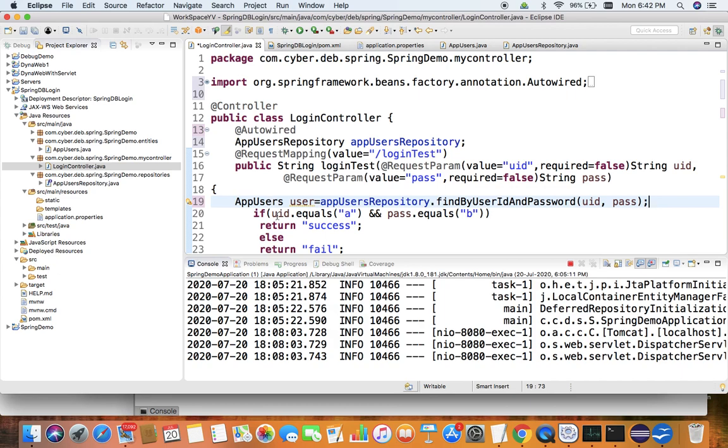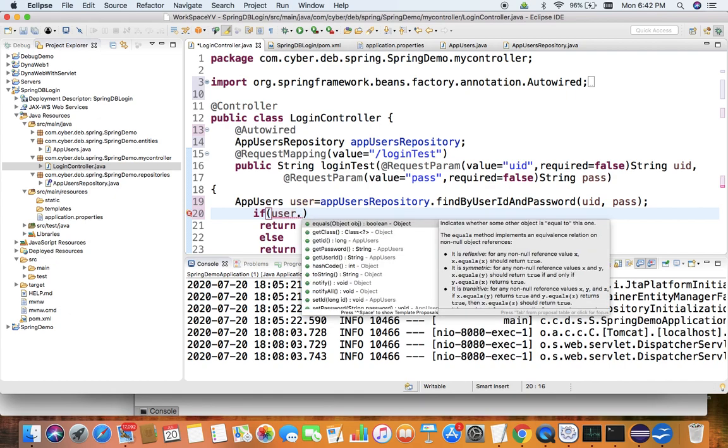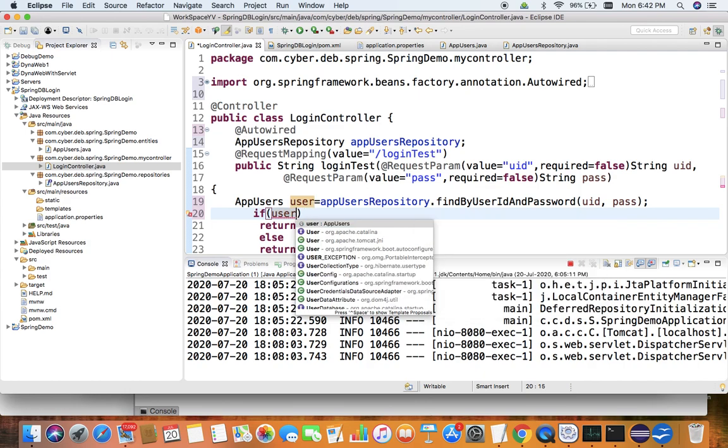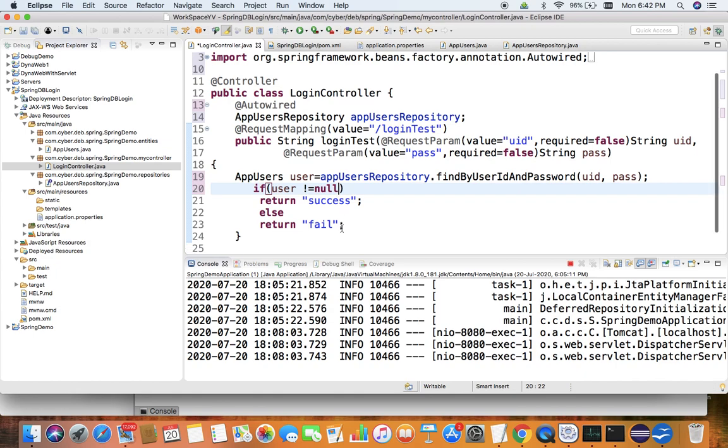Next, in place of the static comparison with A and B, we can test if this user object is null or not null. If it is null, then the user ID and password are incorrect. If it is not null, then return success, else return fail. That's all you have to do inside the controller class.